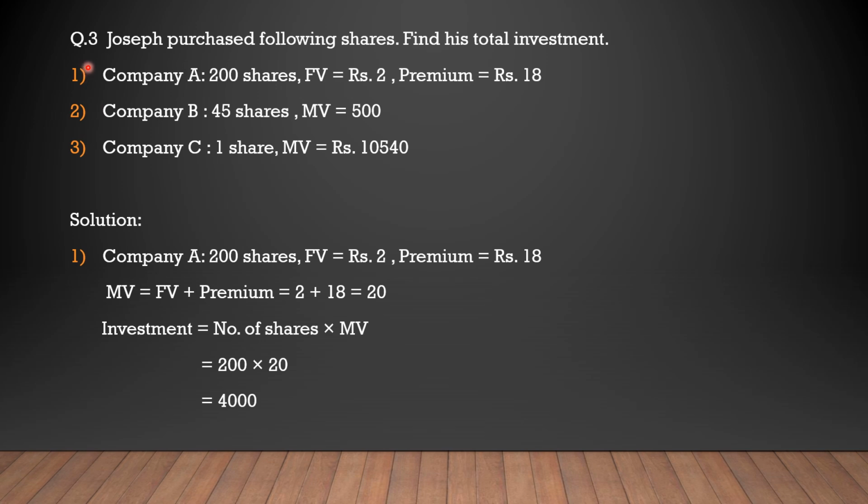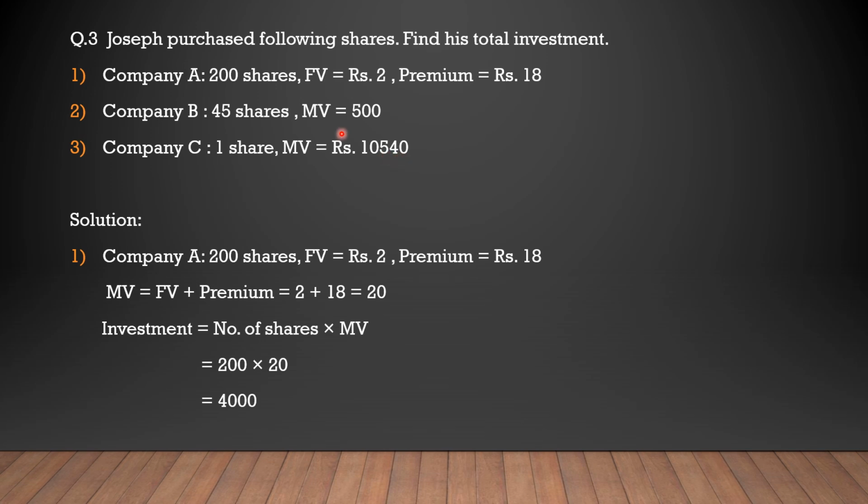Question number 3. Joseph purchased the following shares. Find his total investment. Joseph purchased shares of company A, company B and company C. For company A, the number of shares is 200, face value is rupees 2, and premium is rupees 18. For company B, 45 shares, market value is 500. For company C, 1 share and market value is rupees